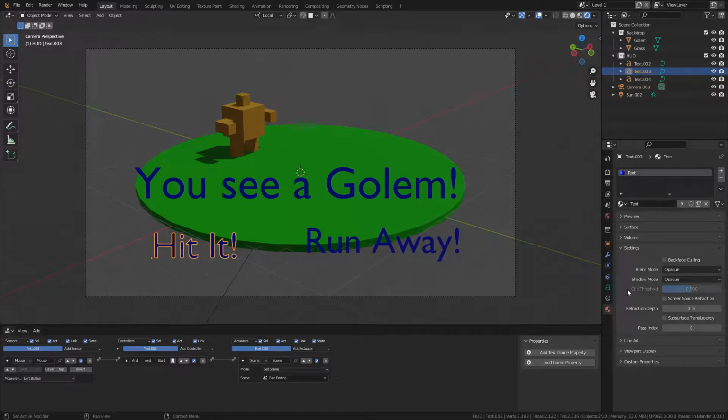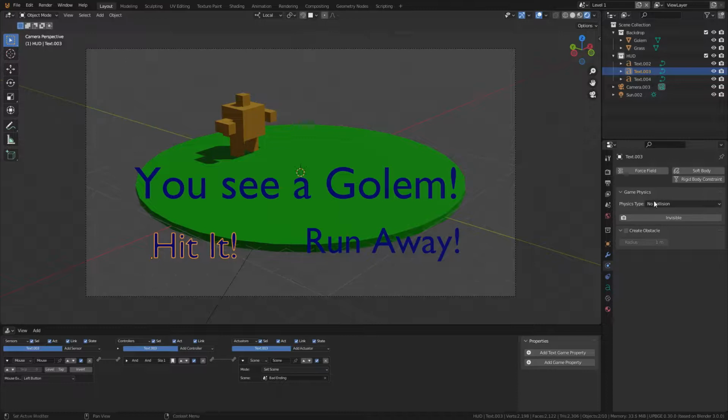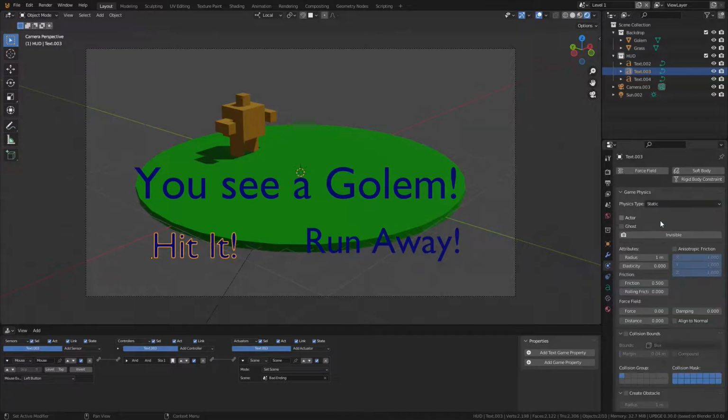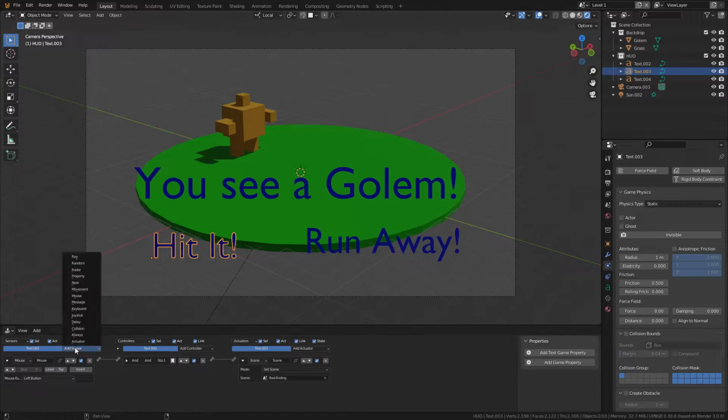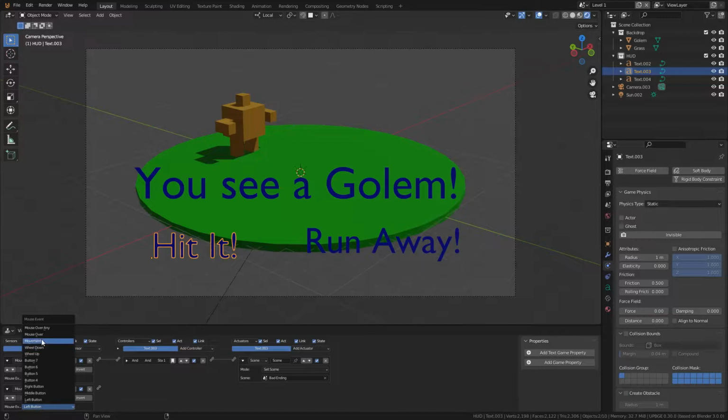In order to do this, what we actually have to do is assign physics to our text objects. If I go to the physics right here, you'll see the physics type is set to no collision, which means it's not even checking if the mouse is over it or not. So if I set this to static physics type, I can do this for runaway too, static physics type, then what I can do is add an additional sensor. For hit it, I'm going to say mouse event mouse over